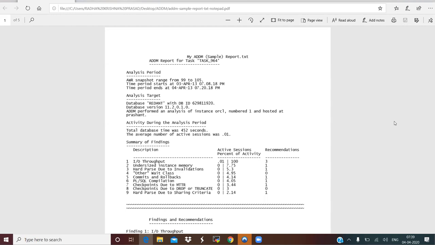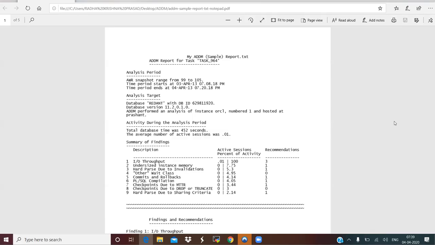When I show it to you, there are something like advisors. You need to go to ADDM. It is very simple. You have to go to the Oracle Enterprise Manager homepage. From there, you go to advisors. From there, you have an option called ADDM. From that, you have some parameters where you have to enable ADDM to capture all this data, so that